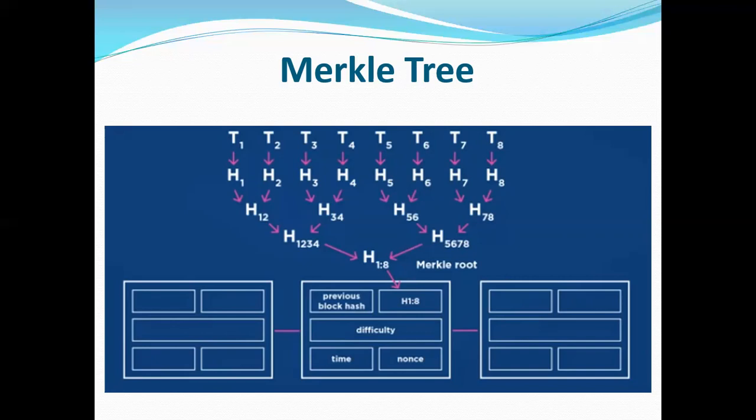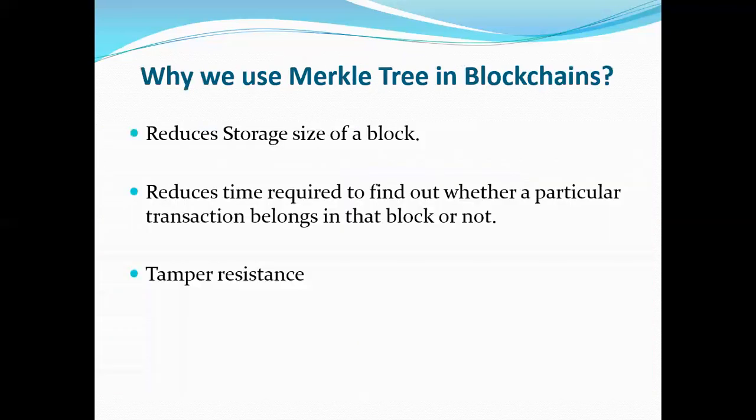So, what is the advantage of such a structure? The first one is quite obvious. It tremendously reduces the storage size of the transactions in the block. Instead of including a hash for every single transaction, only one hash value representing all transactions is stored. But the question is, this could also be done by just hashing all transactions together in one go. Then why does this restructure come?